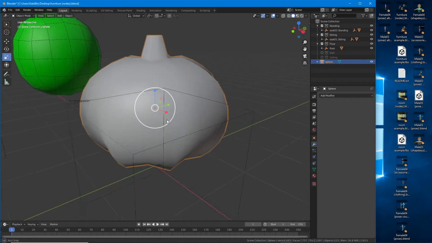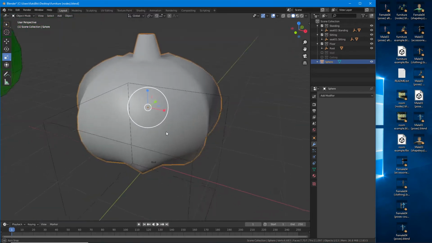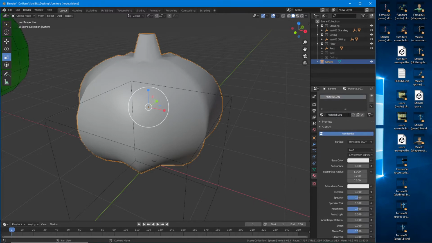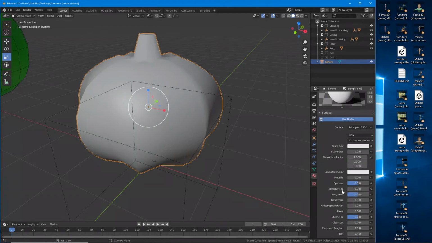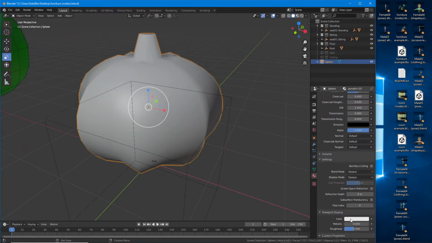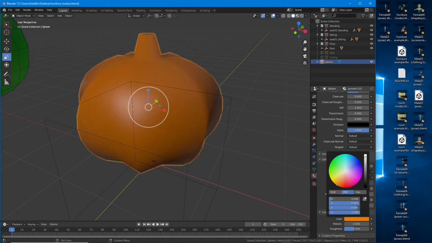Let's just add a quick material and UV map to this. So select, new, zero square brackets, zero close square brackets. For the moment we can use viewport display, change its color, do a pumpkin color,